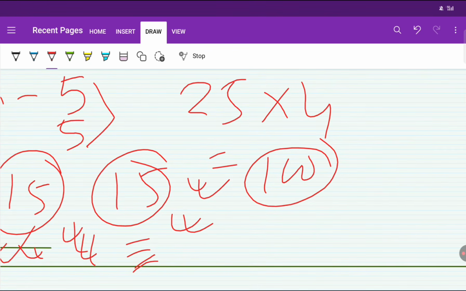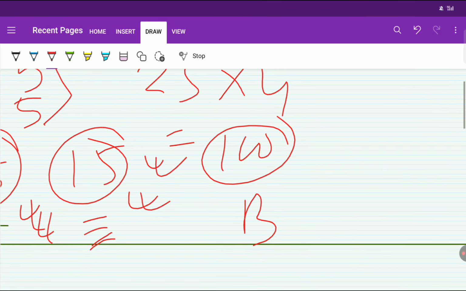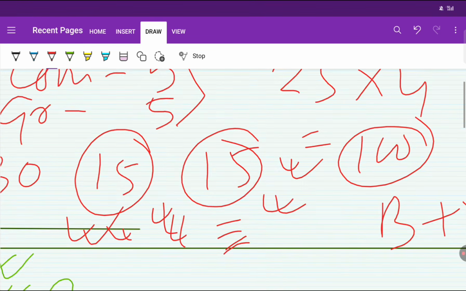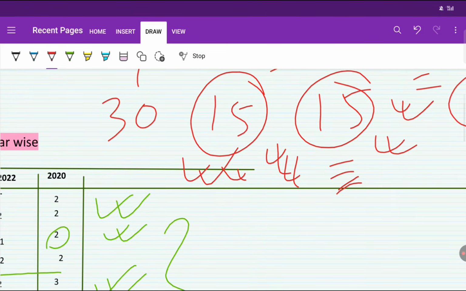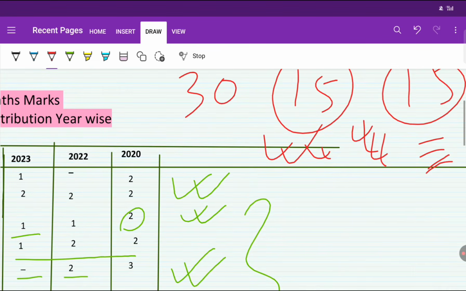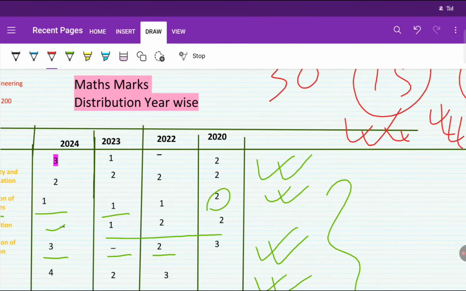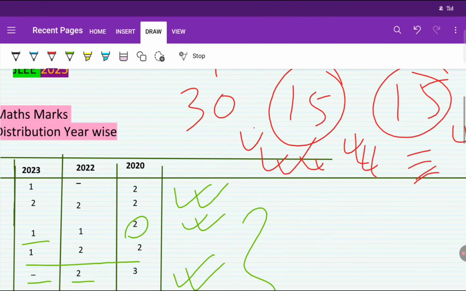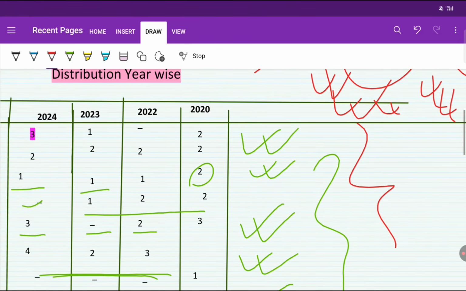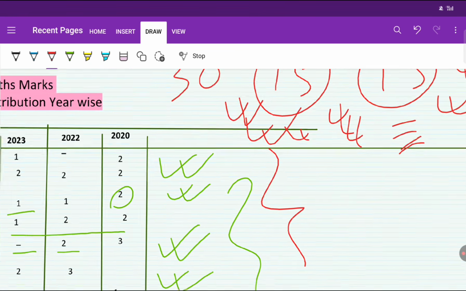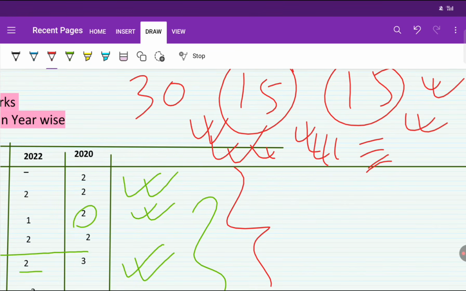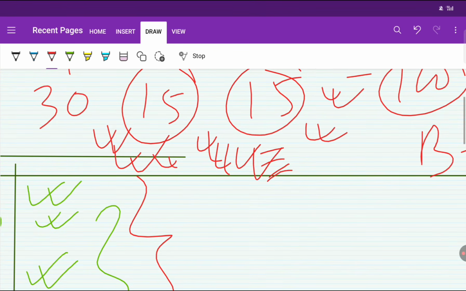And from the remaining, you have to score good marks in your branch, right? The remaining portion you have to cover from branch. So those who are very weak in mathematics, don't fear, because there is nothing in mathematics. You just need to attempt 15 questions only. If you go through this table and prepare your important chapters, you can attempt 15 questions, which is very easy.